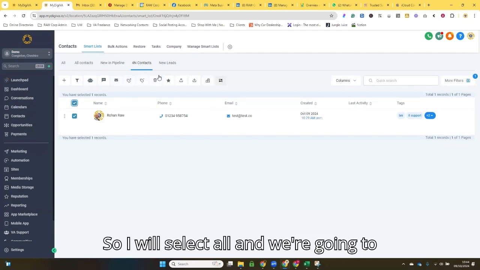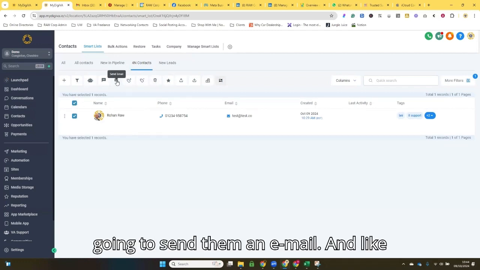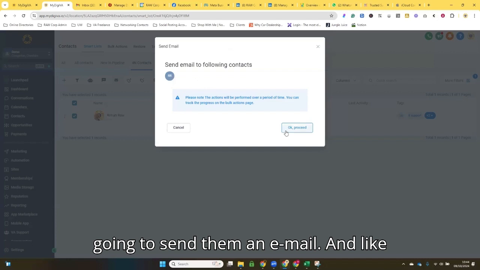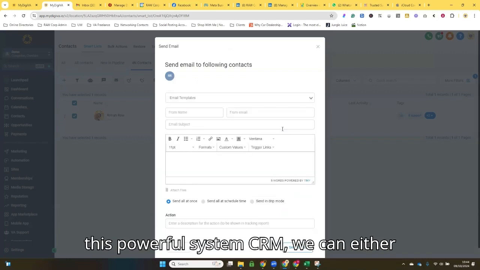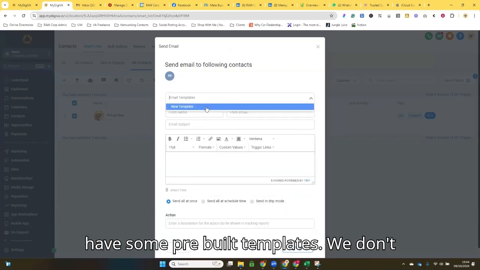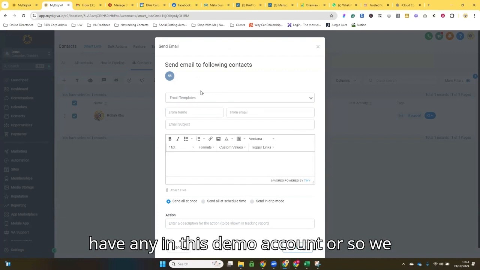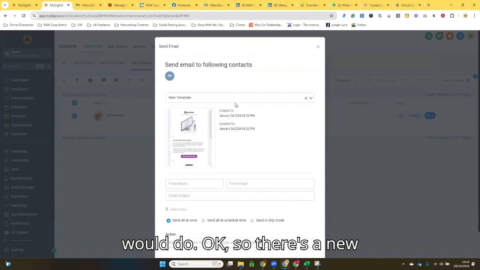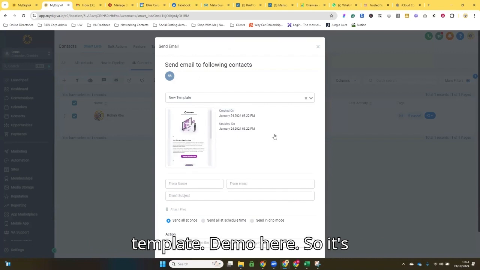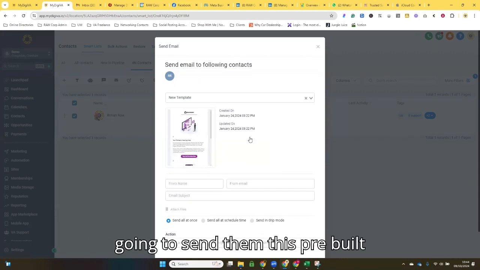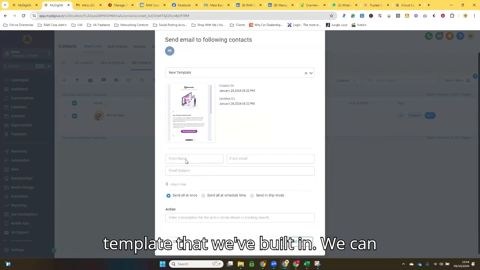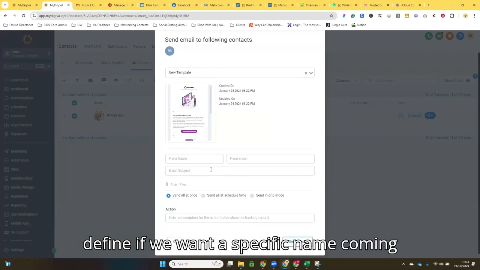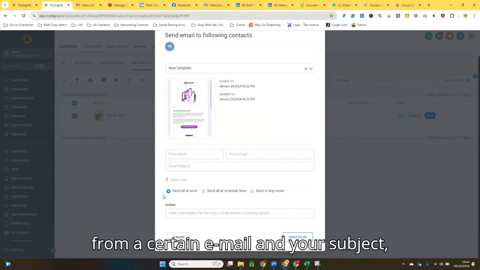So either select all, and we're going to say everyone who's got that 4N, I'm going to send them an email. And like this powerful system CRM, we can either have some pre-built templates. We don't have any in this demo account, but we would do okay, so there's a new template demo here. So it's going to send them this pre-built template that we built in. We can define if we want a specific name coming from a certain email and your subject, and then